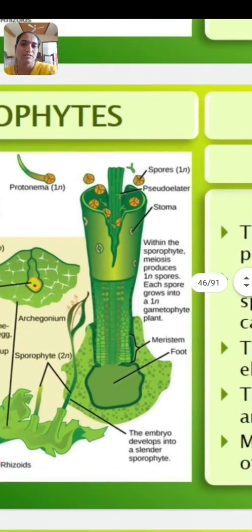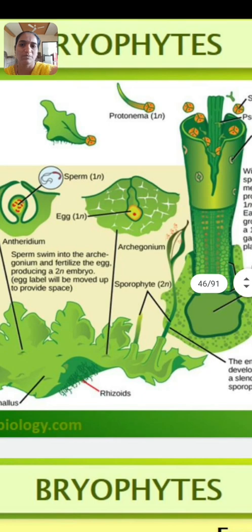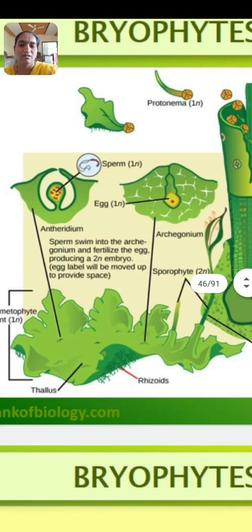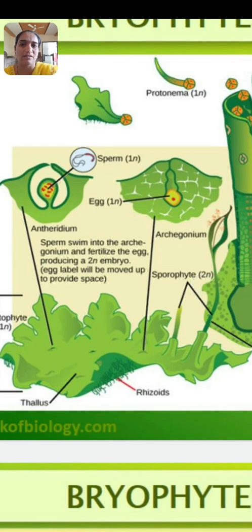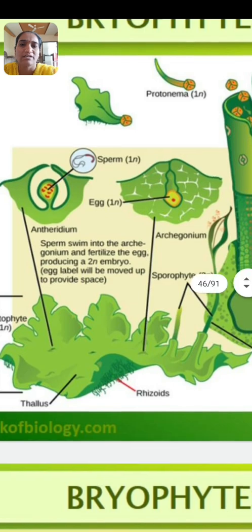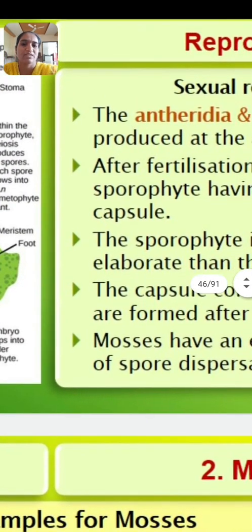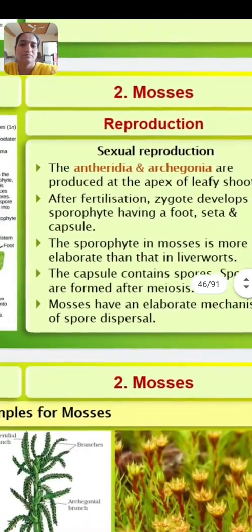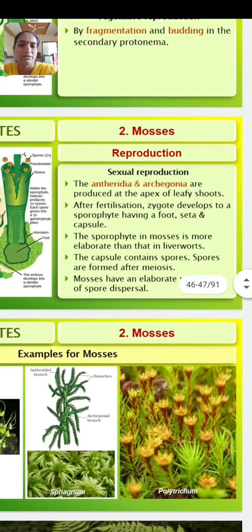Okay, here, look here, spores. Sperms are formed from the antheridium. In the left diagram, there is antheridium, and on the right side there is archegonium. From the archegonium, the egg behaves as a female gamete, and from the left side antheridium, it releases sperm, meaning it releases a male gamete. Okay. After the fertilization, they form the new individual.